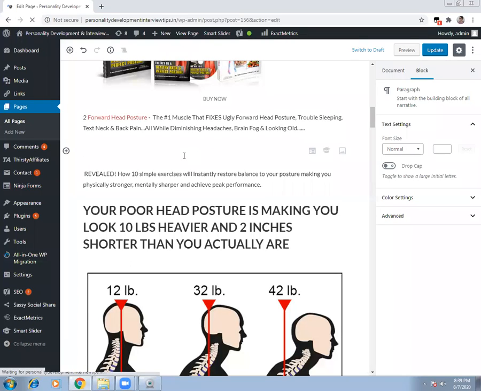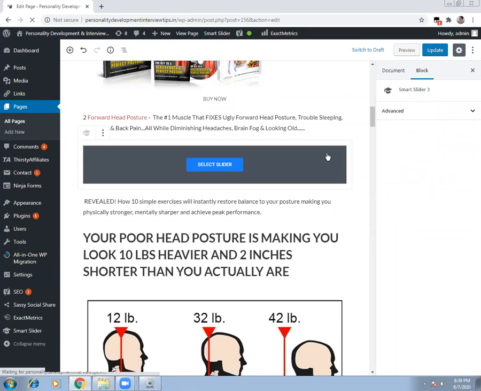And now when you are actually selecting it, here is the option of smart slider. Now when you click it, it will give you an option to select the slider that you created. You can simply select the slider here. So you have created some projects. So each project is considered as a different slider. So select whichever slider you want.